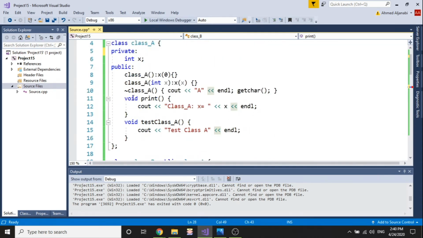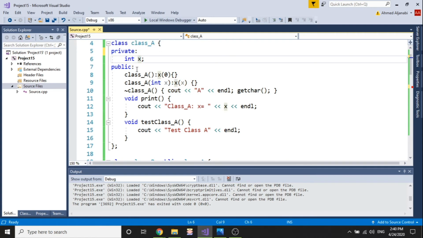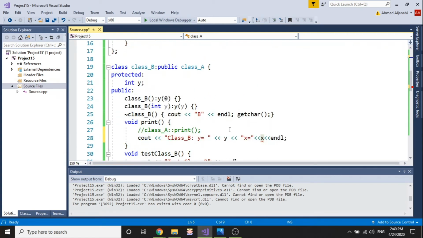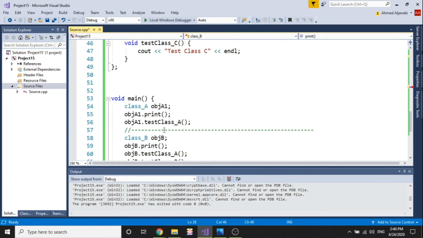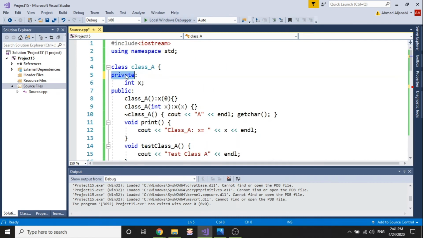So as you can see here, class B is inheriting from class A. A has a data member which is X, so I'm inheriting it, but I don't have access to it. X is a part of class B, but I don't have access to it even inside class B because it's basically private. Of course, that's going to be the same case if I try to change it in the main function. But if I go back here and change this to be protected,